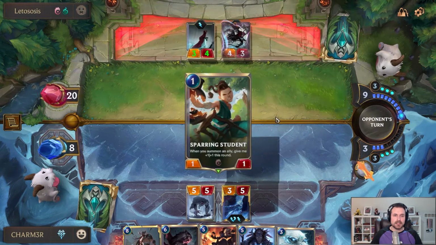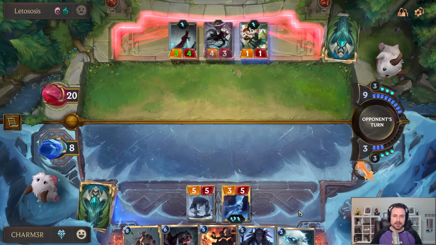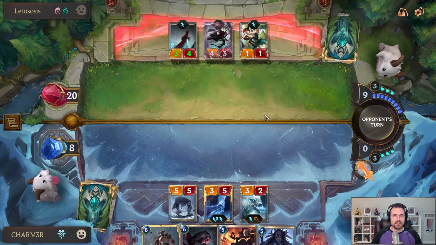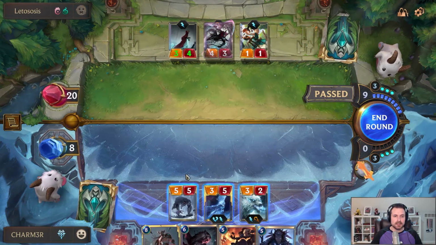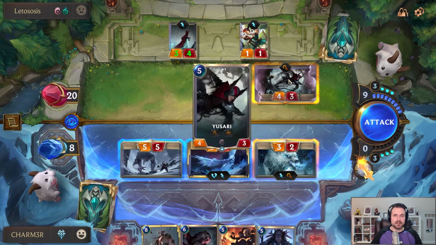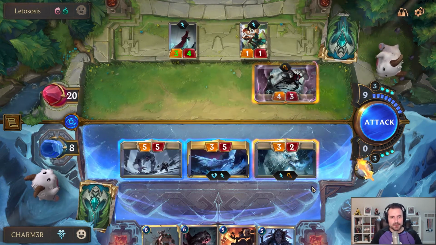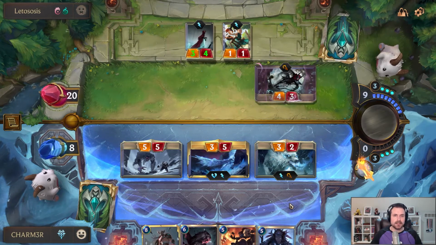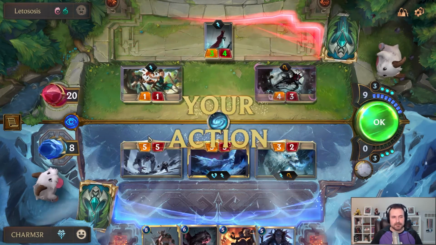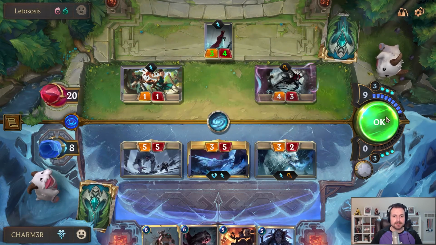Now they'll still have their 1 card in hand, and it's a student, and we don't care about that so much. We'll go ahead and develop the Rime Fang, because Rime Fang will just challenge there. And yeah, we can just bring the house. We're fine with trading this. As long as we get rid of the elusive, we don't have to worry about it. Everything's fine. Now they can block. Like, this is free block, but